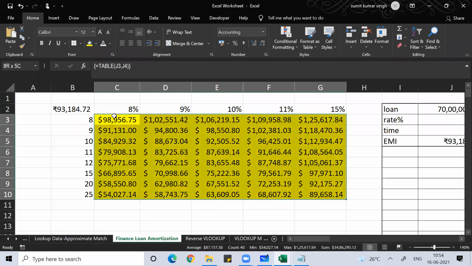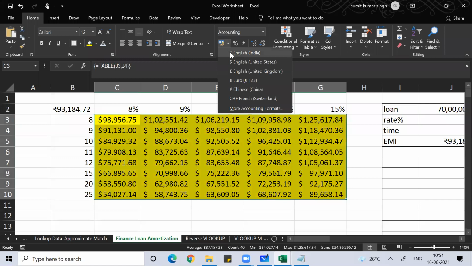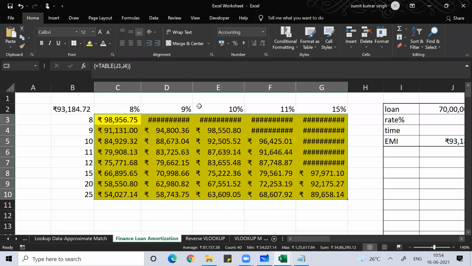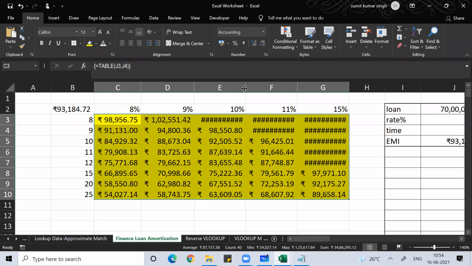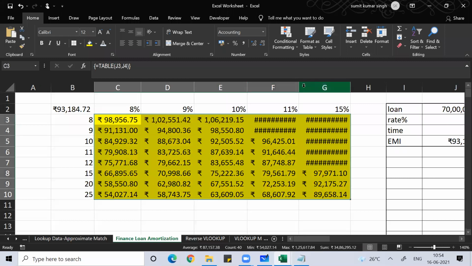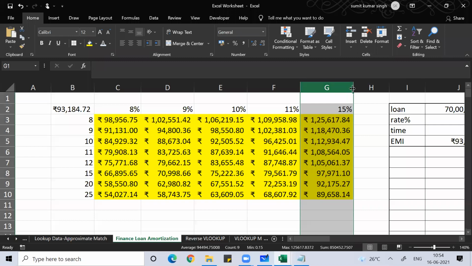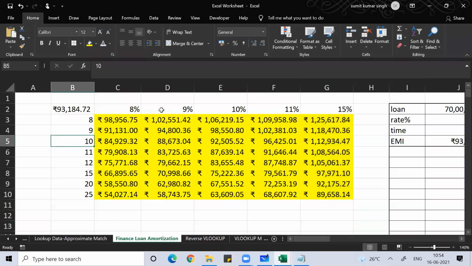Just one minute, I don't like the dollar. It should come in rupees, right? Yeah. So you got this. You require all this in your day-to-day life, guys, for doing any kind of calculation.